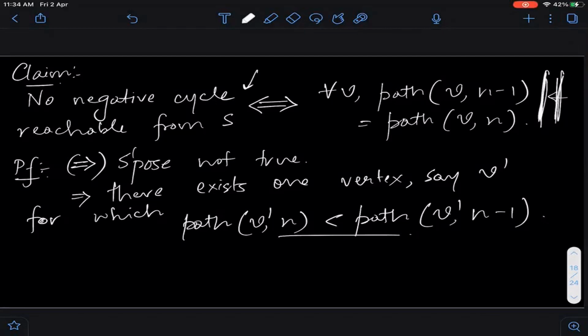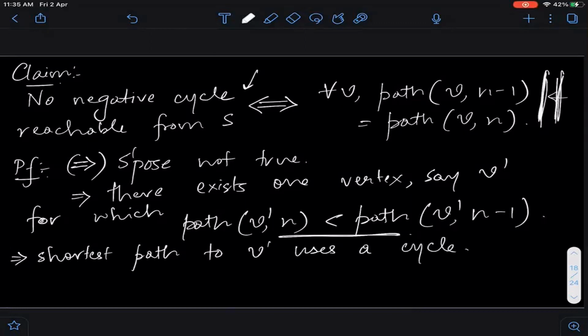Very good. Okay, so that's the way you should prove it properly, right? So okay, so what does this mean? अगर ये true है, then what does this mean? This implies that the shortest path to V prime uses